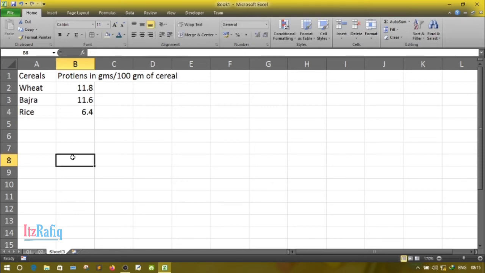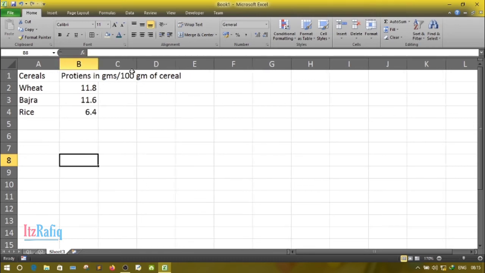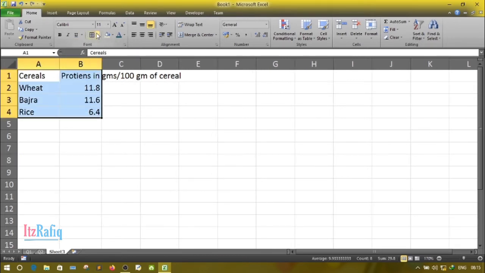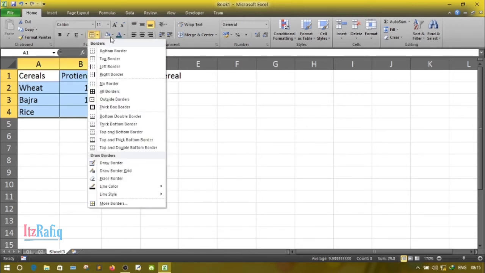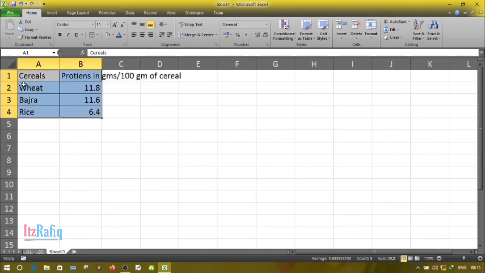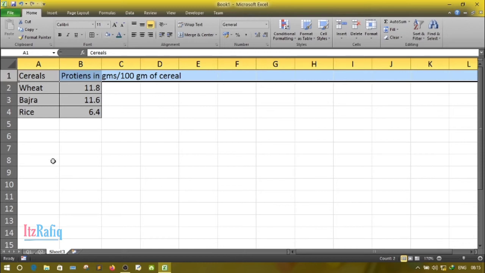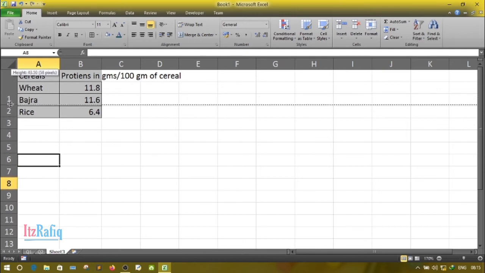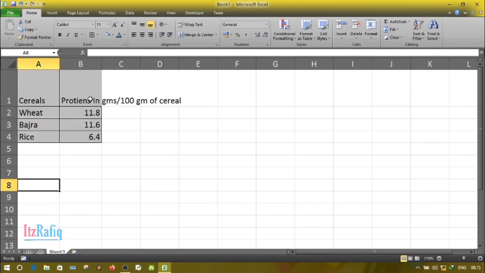Now we have to change it to figure B. Means we have to write this protein in grams in the same cell. First we'll make the column a little wide. We'll put borders, all borders. We'll put background color as light gray. Now we'll make the row height a little wider. This much will be enough.